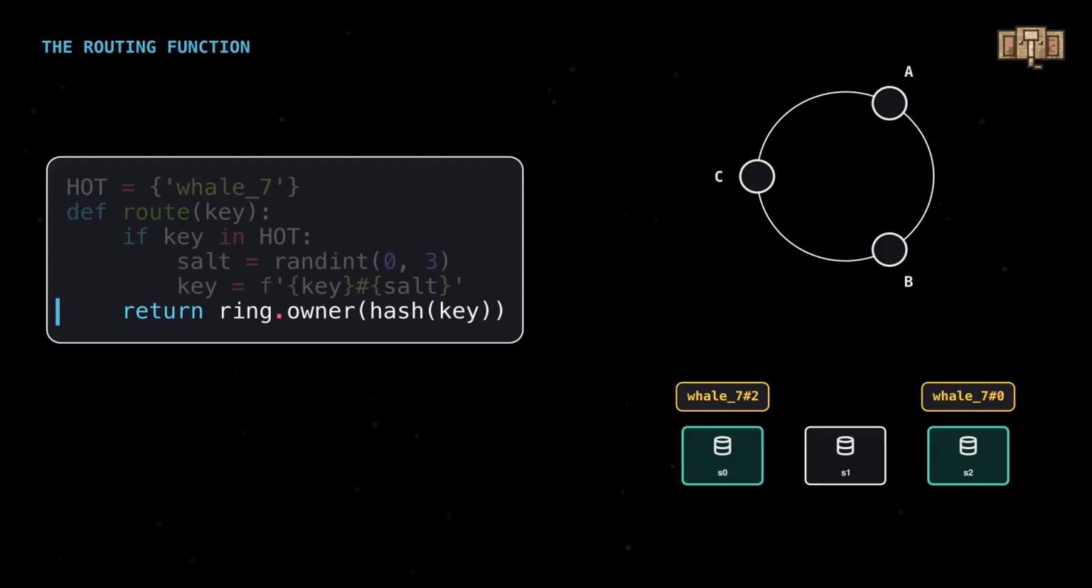Otherwise, the normal path. Hash the key and ask the ring for the clockwise owner. An ordinary key rides that line around the ring to exactly one shard. A consistent hash for the crowd and an explicit escape hatch for the exceptions. Both halves of this lesson in code you can write from memory in an interview, so let's watch the whole